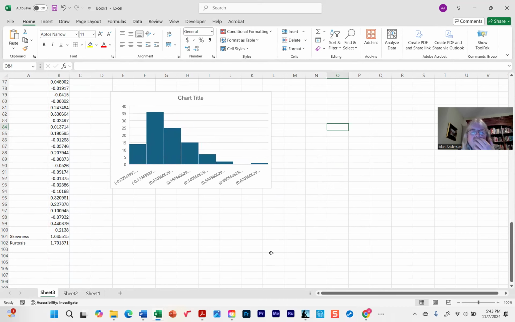And that in turn means that the mean is 0 and the standard deviation is 1. It's a special case of the normal distribution where the mean is 0 and the standard deviation is 1. This is the one we use most often. Okay, so let's go back here and try that again. Norm.s.dist, 1, 1. Okay, so what this is saying to me,